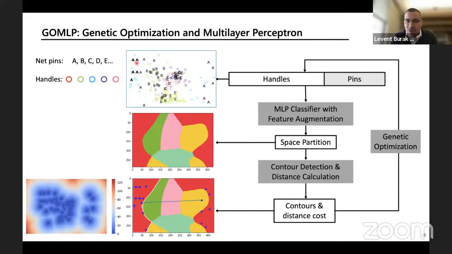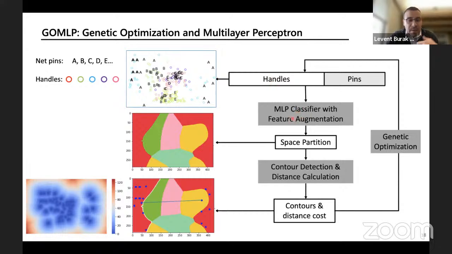These are static, these are part of the problem, but alongside that, we instantiate handles, labeled handles, each belonging to one particular net. So a net may have a number of handles that will give that degree of freedom to shape the board.